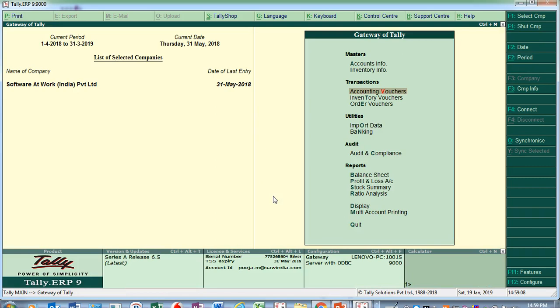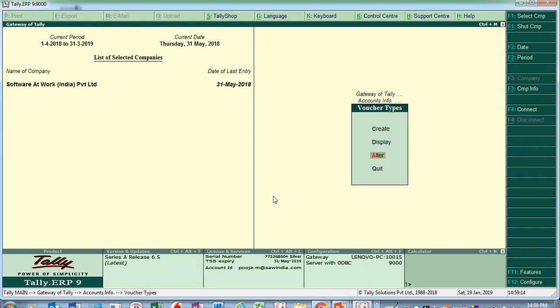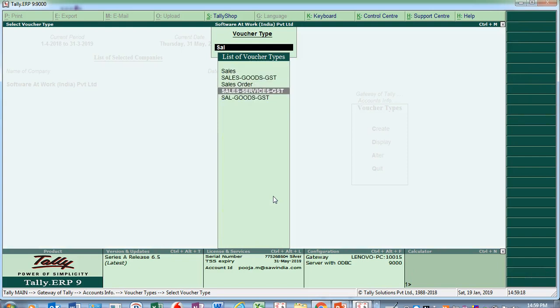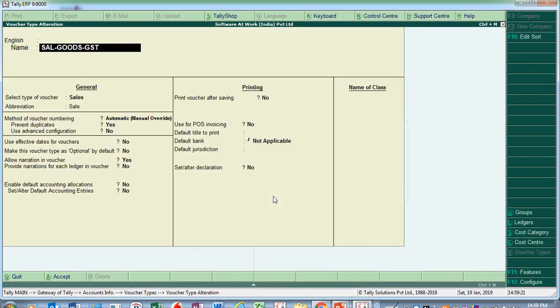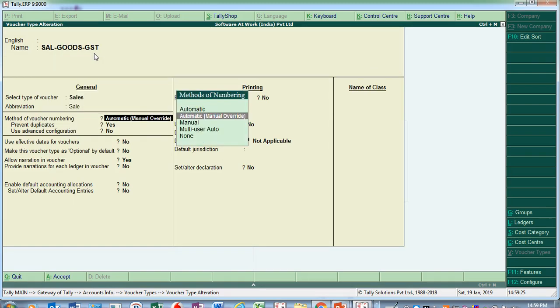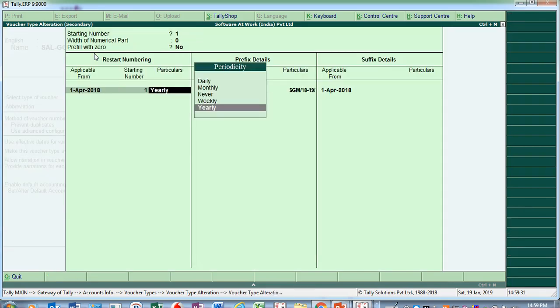For step number 2, we have to create a new voucher type, or if you have already created the voucher type, then you have to see what configurations are required. Let's see here, I have already created a new voucher type, that is my Sale GST here, under Sales. Then there is automatic, prevent duplicate yes, and then I can put a series here, starting numbering, restarting numbering,